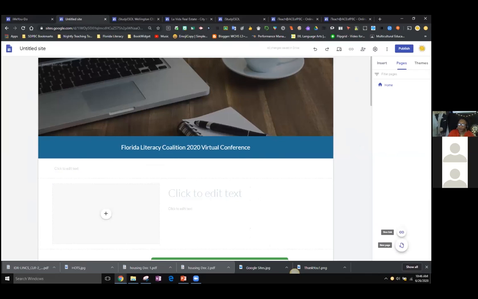So to do that, we're going to click on the plus. Just a reminder that you have two options when you click on the plus. You can do a link or you can actually create a page. So if I want to create a link, I would click on link and it will ask me to name the link that I'm clicking on. Let's say let's do.